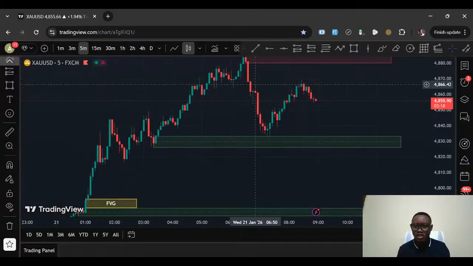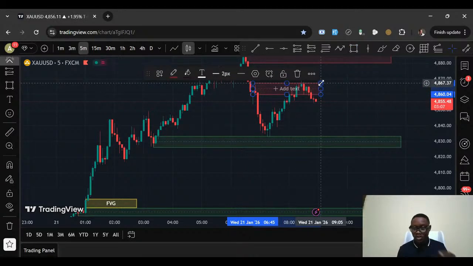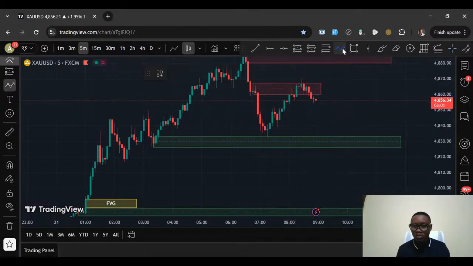Then I exited the trade before this live. I exited at this supply zone because I knew beforehand that price is going to react to this supply zone, and exactly that is what price is doing. As you can see, price is reacting to this zone, giving us a pullback, and this pullback might go all the way to this level to retest this, right, before continuing